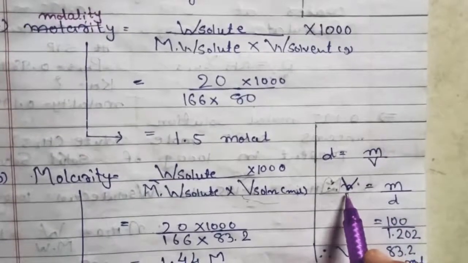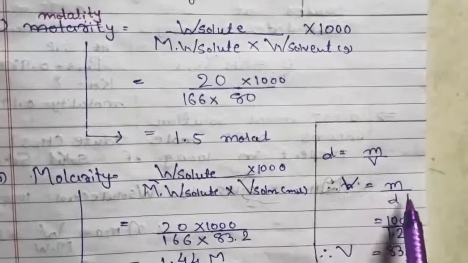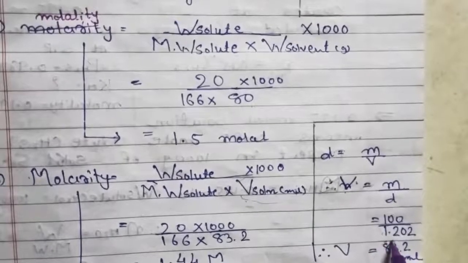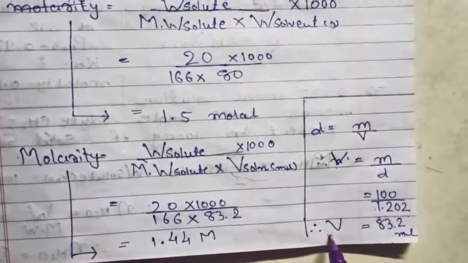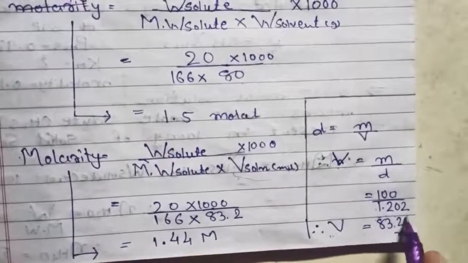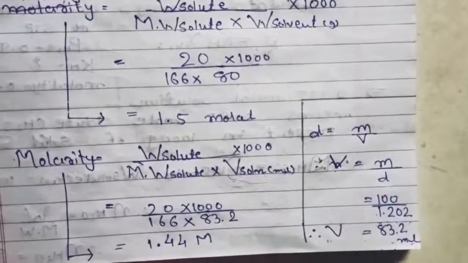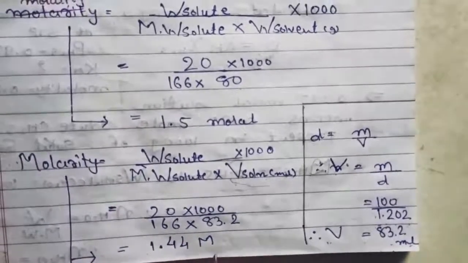So our formula will be volume equal to mass by density. The mass of solution is 100 and density is 1.202. So you will get volume of solution as 83.2 ml. Replace that value and simplify, and you will get molarity equal to 1.44 molar,